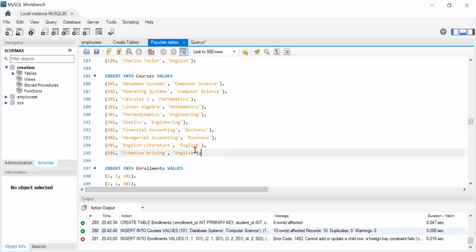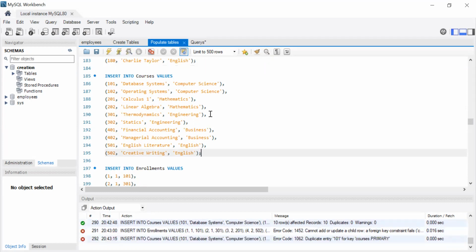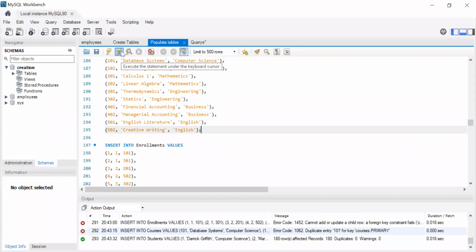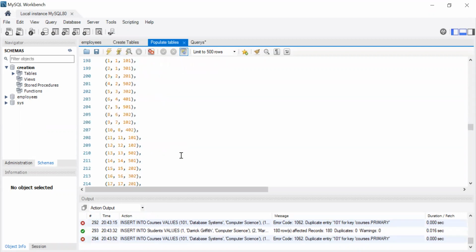Before we insert the enrollment values, we have to insert the courses that the students are doing. Yes, to continue, we insert the courses the students are doing and